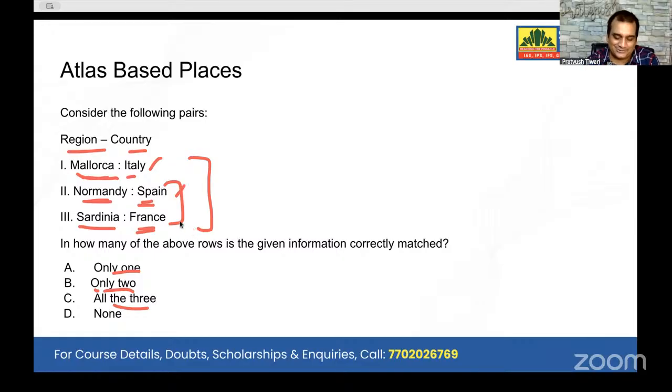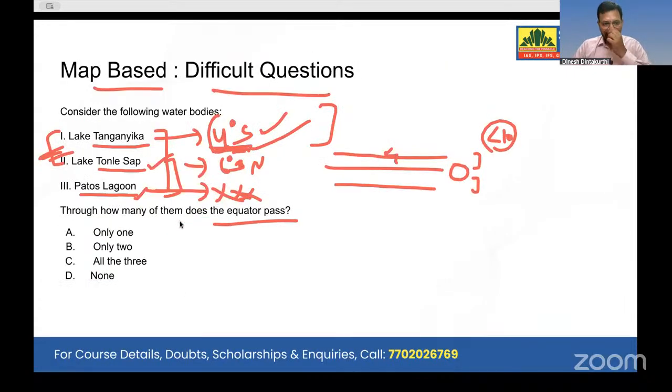But Dinesh sir, I just wanted to say, instead of the atlas, should aspirants now start going through Google Maps? Yes, sir. Particularly for this lakes question, when I opened the atlas, even I got confused. This was near the equator, like north of the peninsula is the equator. But when I opened Google Maps, it was 4 point some degrees south, sir. So I was really worried about how difficult the UPSC has become.